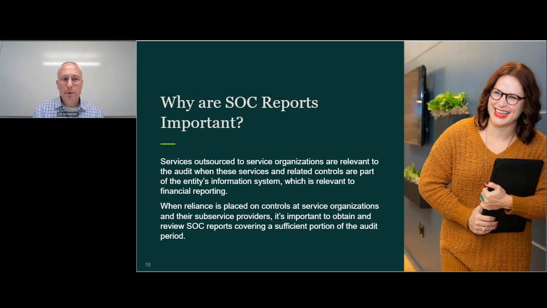So why are SOC reports so important? Well, as we talked about early on, and I think Erik did a great job enumerating this, we've outsourced a portion of our business to these providers. And it's very relevant for us to want to understand what they've got going on our behalf, whether it's their system controls or IT controls or financial reporting, anything where we're not able to then ensure that we're meeting our own obligations out to the market and we've delegated those out. I want to make sure through an audit that they're meeting our expectations